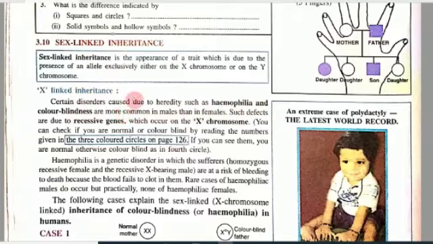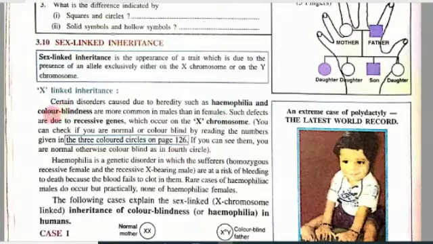Hemophilia means bleeder disease. Blood does not clot easily. When we get any wound or injury, the bleeding time is normally 5 to 8 minutes. But in some people with hemophilia, the blood does not clot within 5 to 8 minutes. They take a little more time. So bleeding diseases are called hemophilia.